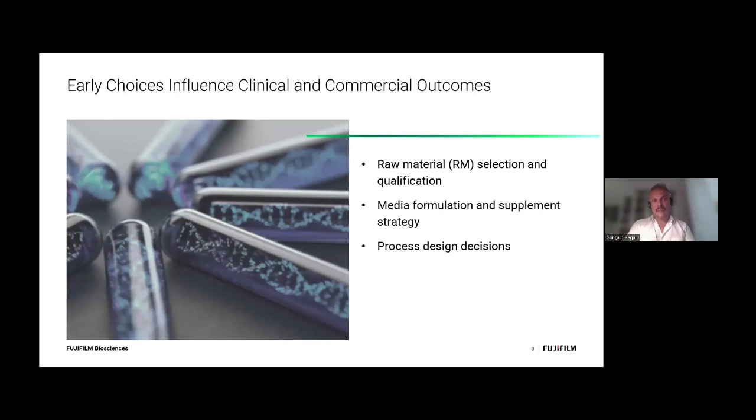So one of the challenges, and speaking to you all, coming especially out of academia, working on the early stages of many of these future applications, right? And I think one thing that is unique about cell therapy is that early choices in terms of the clinic, in terms of the raw materials, media, the process design and architecture really do influence clinical outcomes, and are very tightly connected with actual commercial outcomes, and the successful scalability and adoptability